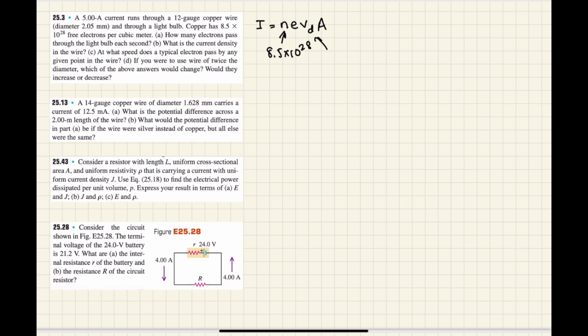It says drift velocity. We don't know the drift velocity. That's what we're trying to figure out. And area is, we have the diameter, and so it's just pi times the diameter over 2 squared. And we know the current is 5 amps. And so you plug it into the formula, you get v_d, since we're solving for that, is the current over nea. And so you plug in 5, you plug in 8.5 times 10 to the 28. e is 1.6 times 10 to the negative 19. A is, if you calculate it, well, it's just plugging it into this. And so you're going to get a total drift velocity of,